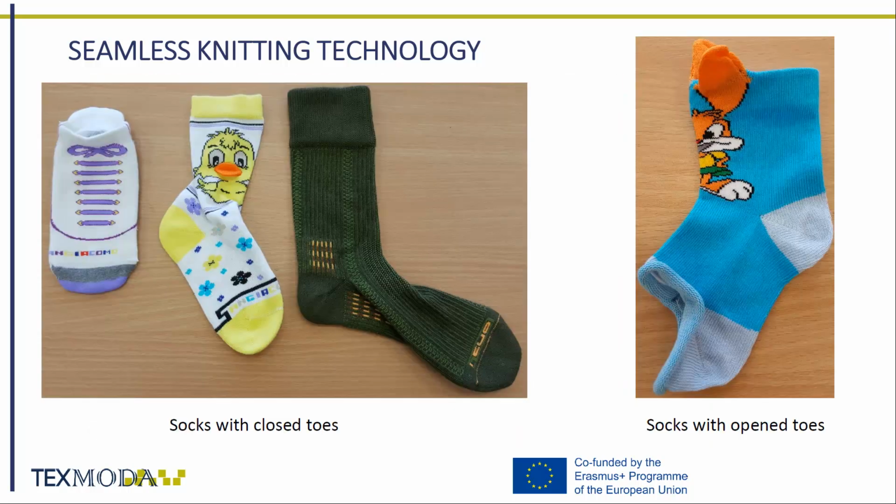The most common seamless knitted products are the whole assortment of socks and pantyhose. Socks with open toes require a sewing operation to close the toe, and after that also final finishing. Socks with toes closed during the knitting process require only final finishing after knitting, such as formation and stabilization. This last mentioned variant of manufacturing is shorter than the previous.